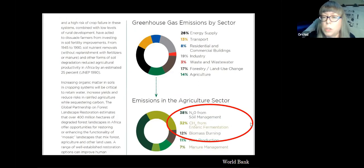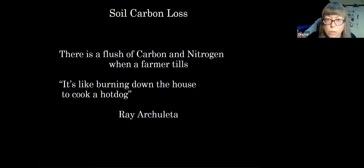But what they don't show you is that carbon comes out of soils also when soils are plowed. So there's a flush of carbon and nitrogen when a farmer tills, and God bless Ray Archuleta. He says it's like burning down the house to cook a hot dog. So farmers have tilled because their crops do better afterwards, but nothing goes back into the soil, and that is